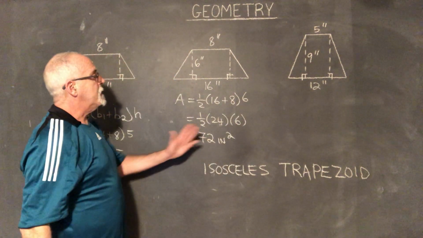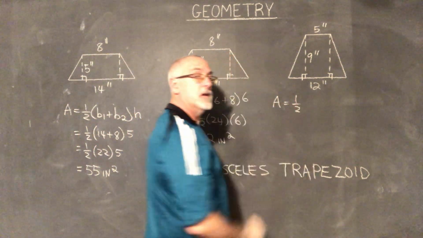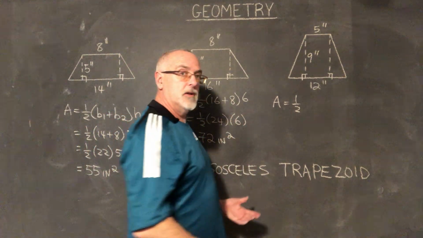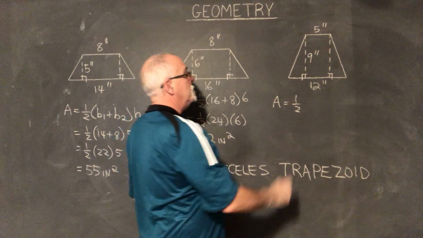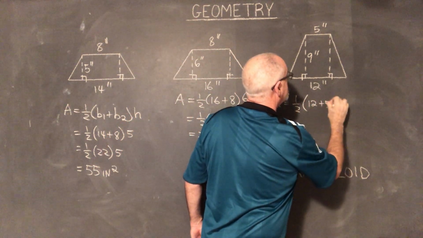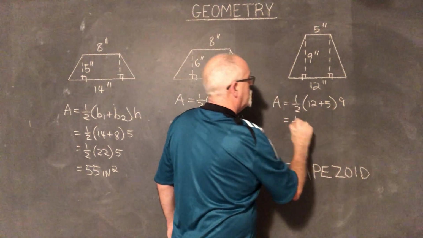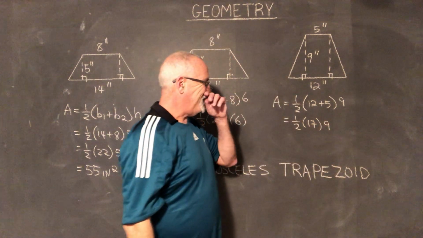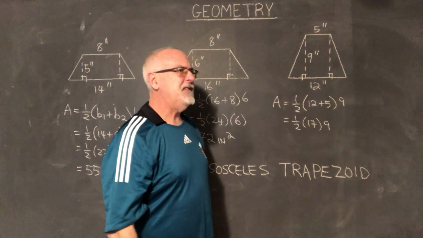We have found another area, and this one area equals 1/2. We're getting good at this formula because now we're doing it a sixth time. Good that there are two types of trapezoids because it makes you practice the formula twice as much. Base 1 plus base 2 is 12 plus 5, and then the height is 9. 12 plus 5 is 17. Half of 17 is 8.5. And 8.5 times 9,